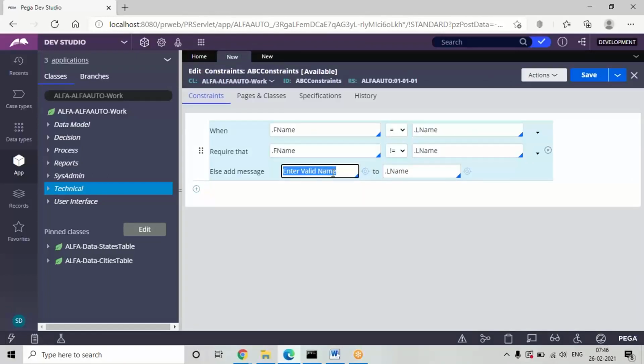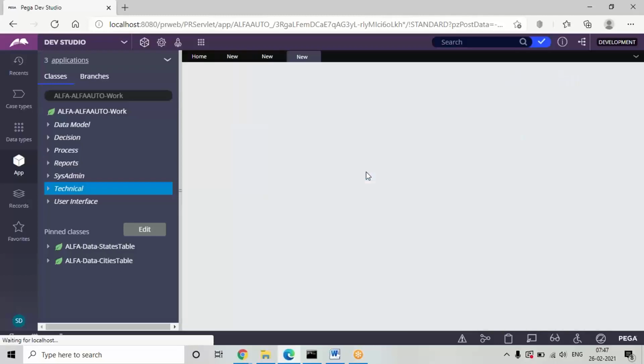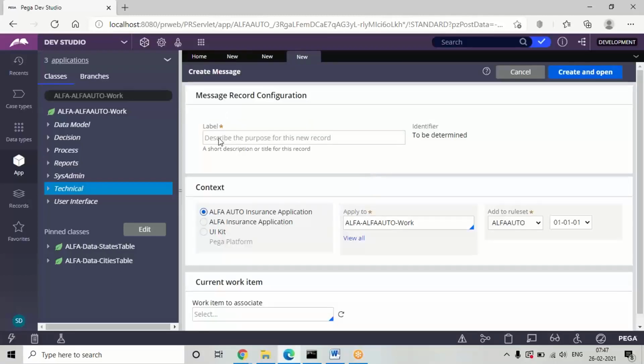If you don't want any custom message, this is also a custom message only, but instead of typing it manually directly here, suppose you want to reuse the same message in multiple places in the application, you can open the message rule from here also. Click on open, give some name for the message. Click on open.